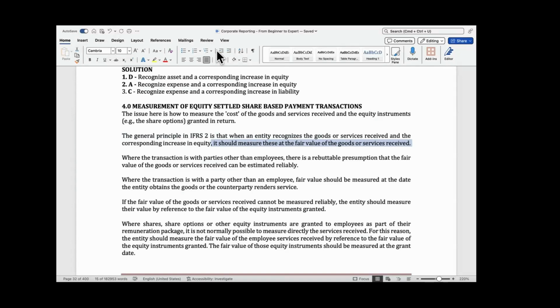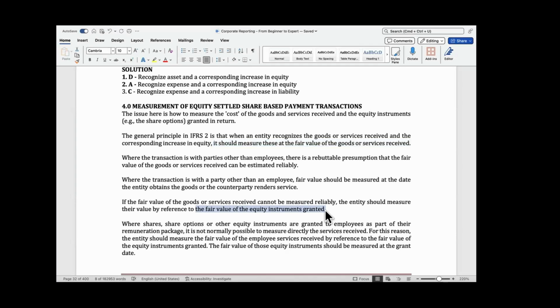Okay, especially if the transaction is with suppliers, people other than your employees. However, where the transaction is with your employee, then it's not possible for you to measure the goods or services rendered by the employee, especially the portion that you are paying with equity. It is impracticable. For that reason, you will have to measure that transaction by reference to the fair value of the equity